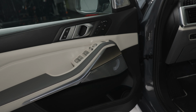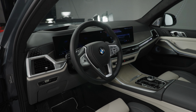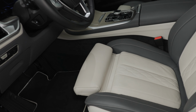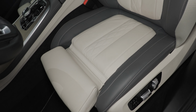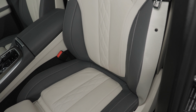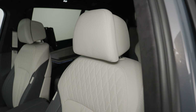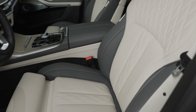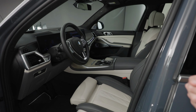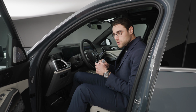And more news coming up in the interior. Not so much at the steering wheel, but more at the seats. In this case, it's still the animal skin pack. However, standard now for the BMW X7, what you can see at this moment, but we will show you later, is a new so-called Sensafin material, and this will be an all-new leatherette material, more sustainable, more animal-free, and BMW says that it's actually that good from the quality that they expect customers to